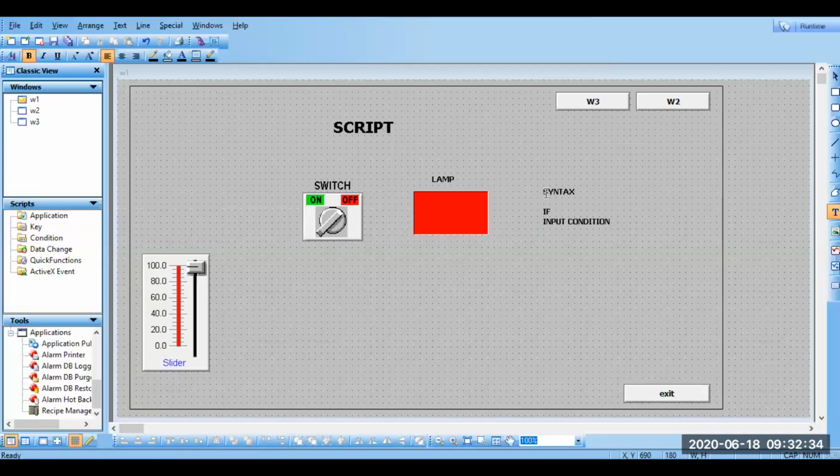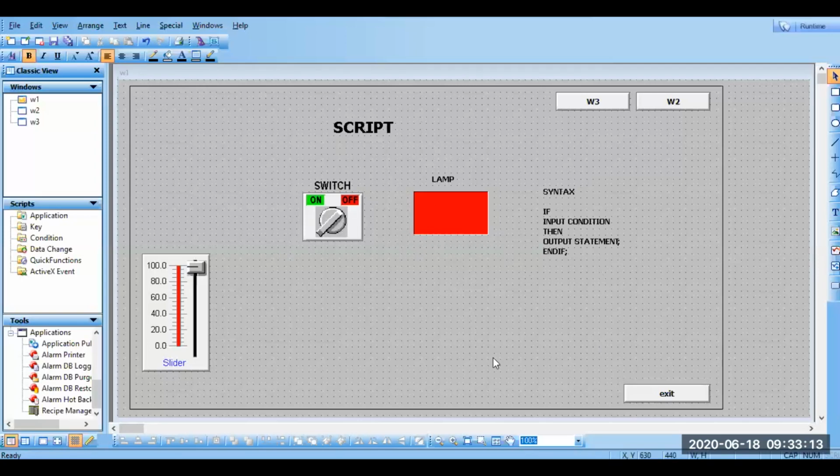If that is happening, you write some statement, then the output statement. Then you need to end if, and here also you need a semicolon. This is the syntax for this simple discrete control system.